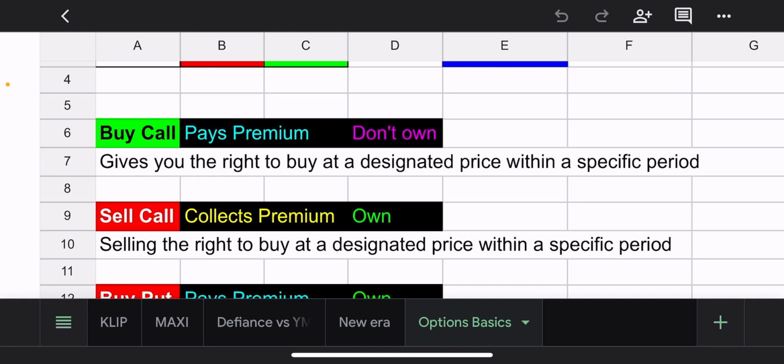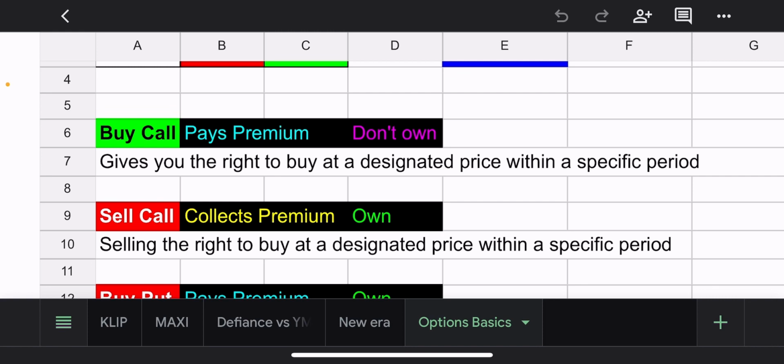And if it does, you'll make money, right? If it does not, you don't make money. The good thing about buying, obviously you have to shell out the premium up front to make the options trade, but that's it. You won't lose any additional money after that. You can only gain money. You can't lose more money. However, the money you lost is already out of pocket because you paid a premium.